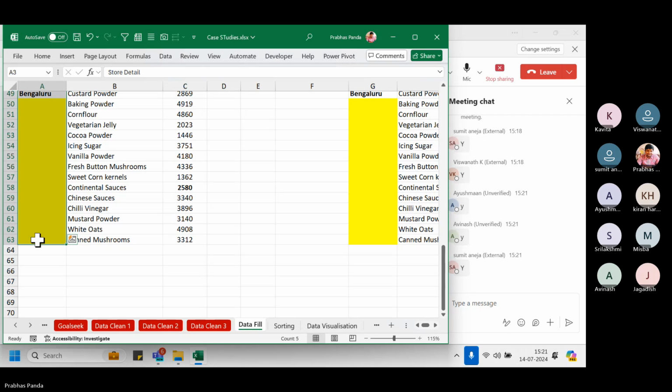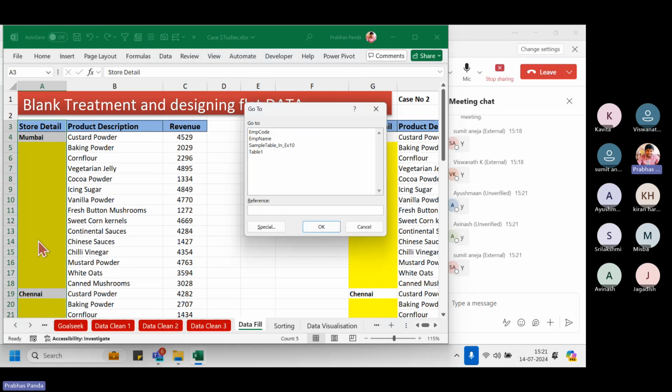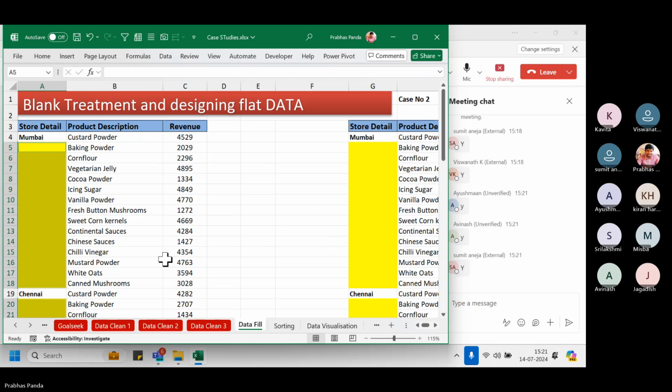Now, once it is done, just hit Control G. G for Gamma, G for Goa. You will get the same Go To dialog box on the screen. Yes. There you go. Special. Nothing new. We have already done the same in our data clean 1 itself. Then you have the option called blanks. So when you go for this blanks option and click OK, with immediate effect, you will find,